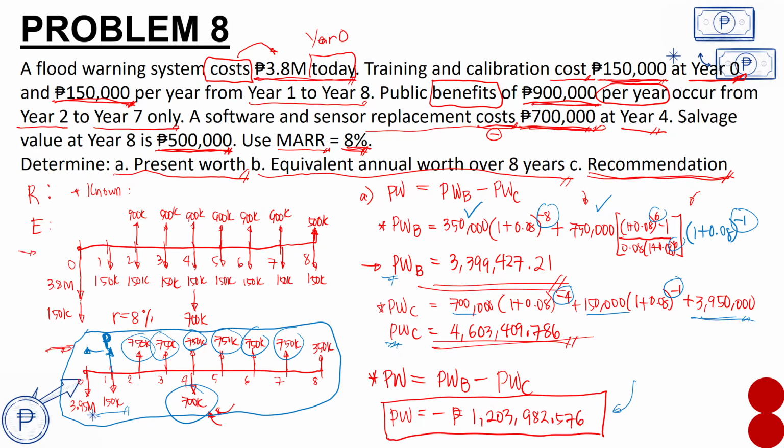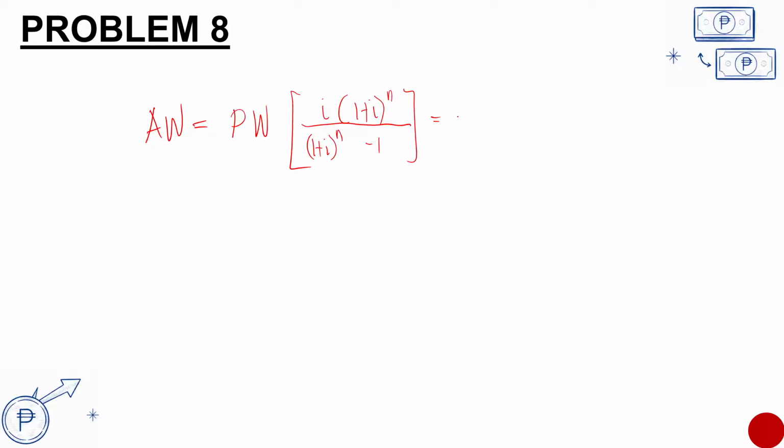Okay, let's move on to our equivalent annual worth. Equivalent annual worth over the 8 years. This is actually a very simple formula, especially if you're already familiar with the uniform series calculations. Since we are calculating the annual worth, the relationship of the annual worth to the present worth is just equal to the present worth times i(1 + i)^n all over (1 + i)^n minus 1. And that is just the negative